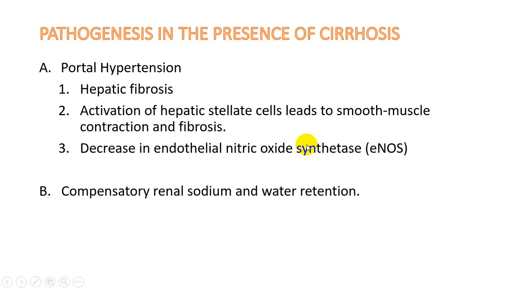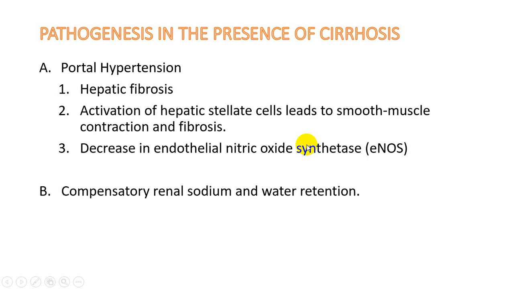And as we said previously, nitric oxide is a vasodilator, which means all vessels within the body, mainly splanchnic vessels, will have vasodilatation. Vasodilatation of the splanchnic circulation results in pooling of blood and decreased effective circulatory volume, which means there will be decreased blood supply to the kidney because all the blood will pool within the splanchnic vessels. So the kidney will perceive this as hypovolemia and hypotension and will act to activate